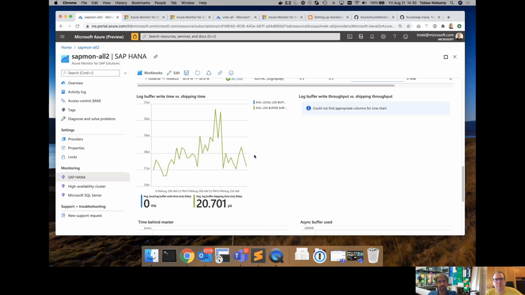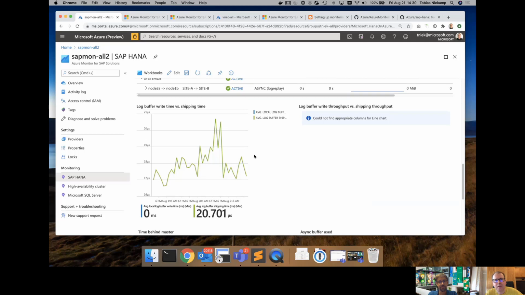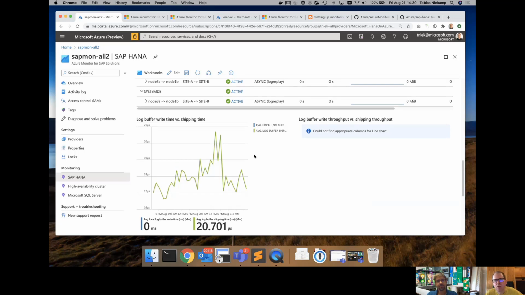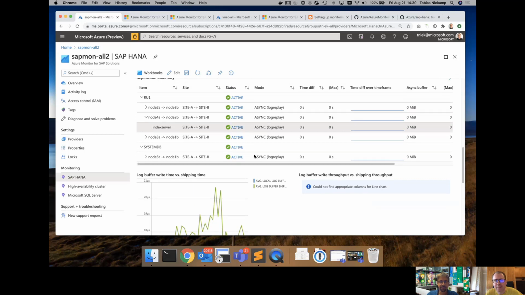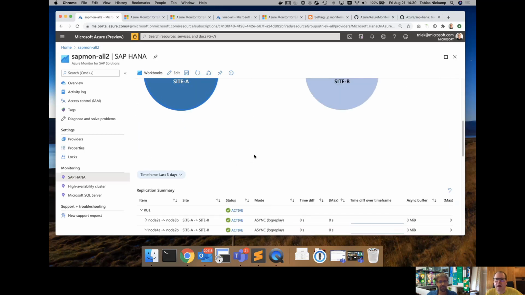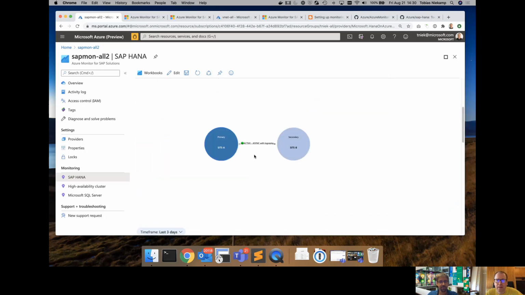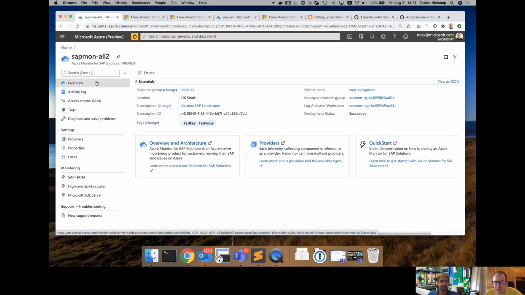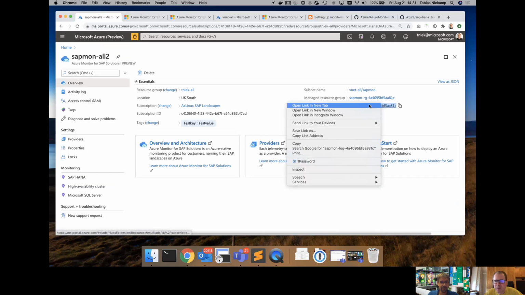And as we are constantly improving the product, we're actually leveraging the predictive functionality that Azure Monitor provides to make forecasts in terms of how your system will scale, for example. Okay, just before I move on to the other providers, I quickly want to show you what happens with the raw data.